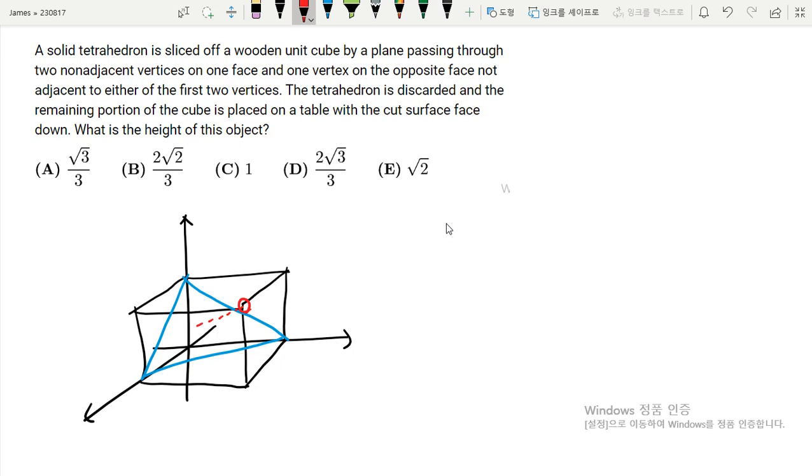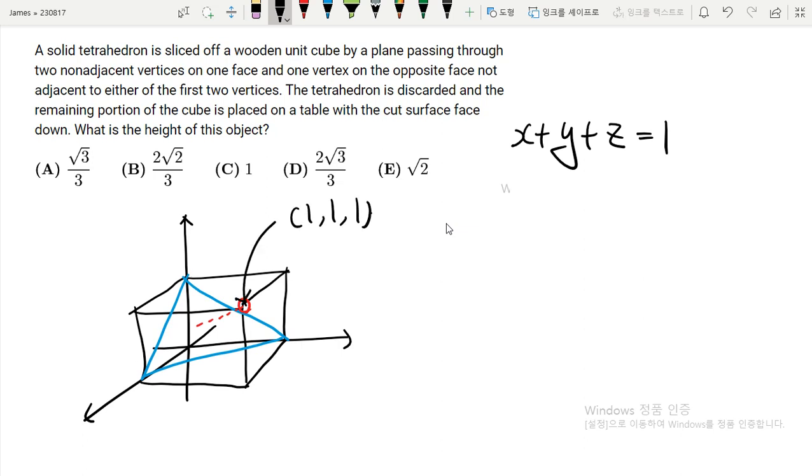That means the equation of the plane. The equation of the plane is this, and this point is 1, 1, 1. So we can find the distance using the distance formula. So yep, this is the distance,